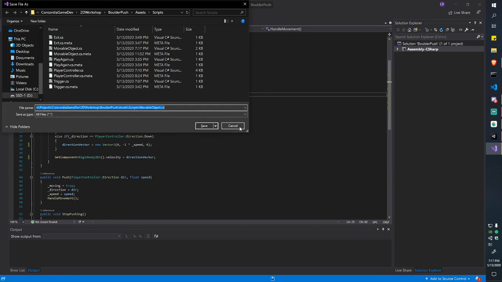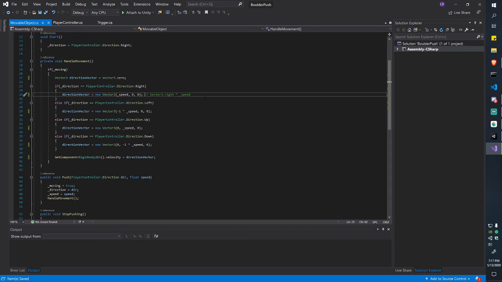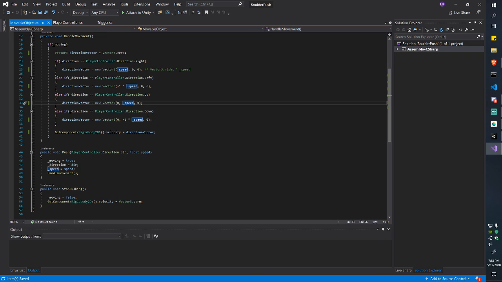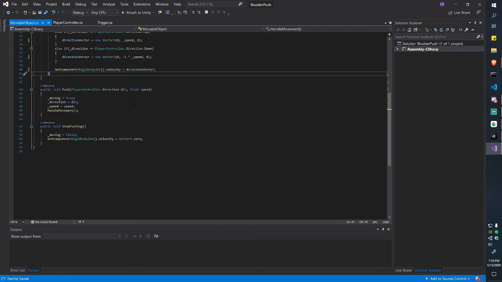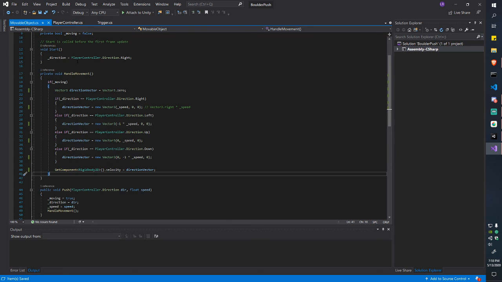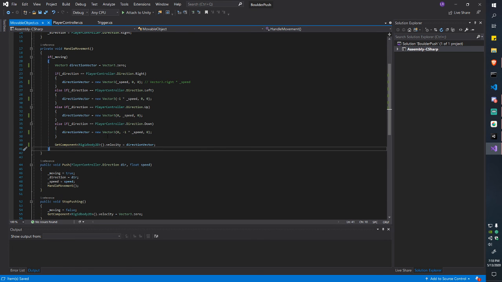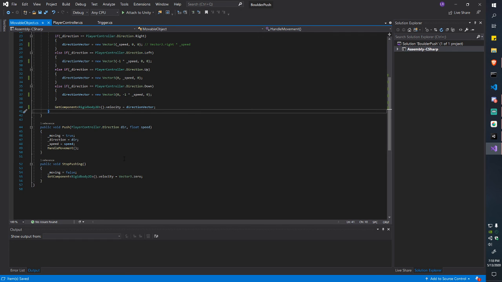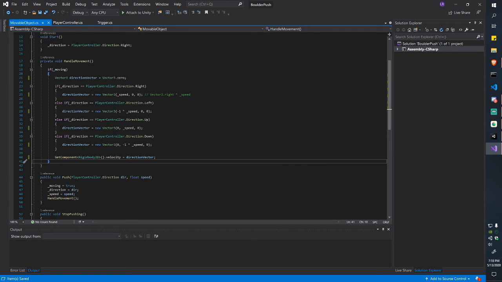When you multiply a number by a vector, you go unit by unit of the vector. Since right is just 1, 0, 0, it happens to be this. And the same thing for the other side, I just multiply by -1 here because speed is not a number that changes to negative if you're going to the other side. Anyways, that's it. Then it starts moving in the direction that you are moving, like you're pushing it. So basically, to recap, if you go back to the player controller,